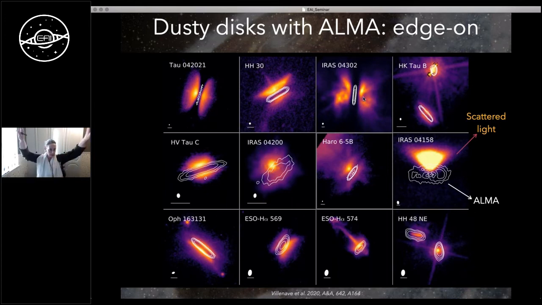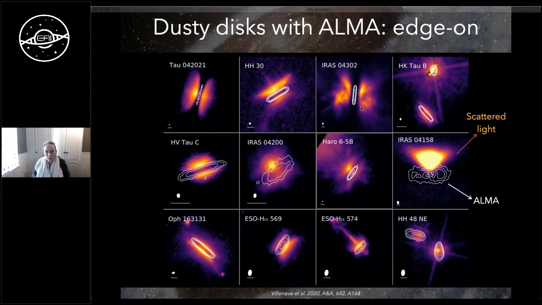So you see the scattered light is coming from a scattering surface, which is quite far away from the location of the star. But the thermal emission from the millimeter grains is coming from a very, very narrow region. So these grains are sitting in a very flat disk, despite the fact that the disk itself is quite flared, as is evidenced by the scattered light, which is tracing where the small dust grains are and where the gas is. And you can see it again here in Herbig-Haro 30, very, very flat, Tau 042021, very, very